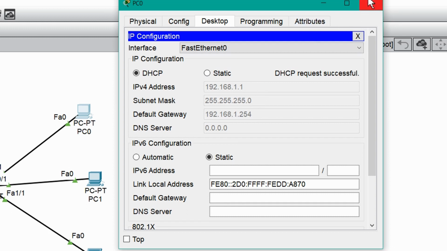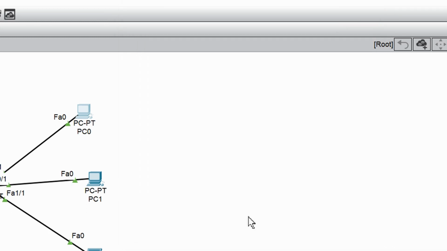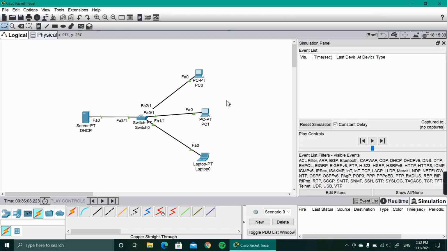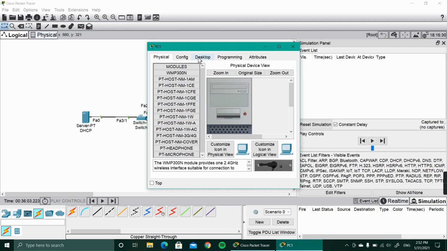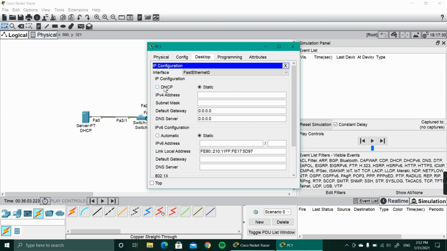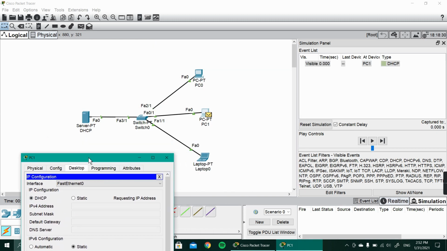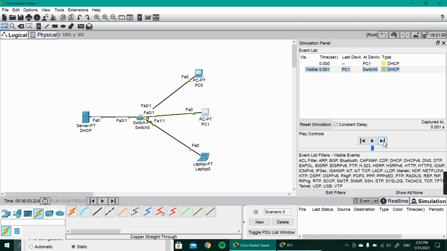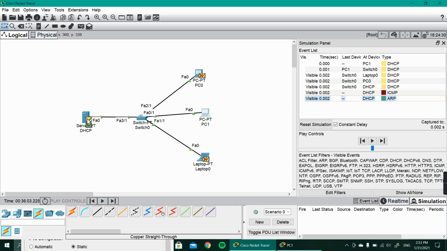You can see here. Now what happened in between? So I will open up a simulation here, and I will go to PC1 and try to assign a DHCP address. So it is requesting a DHCP address. This is a discover packet. The next packet will go to the switch, then the ARP process will happen, ICMP and ARP, you can see here. This is accepted at the DHCP server level, and PC0 and laptop 0 have rejected this packet.